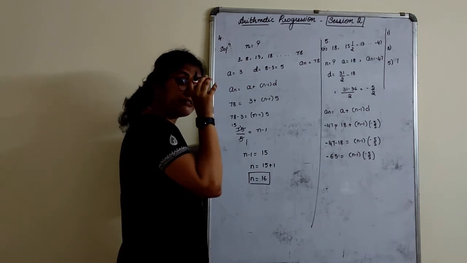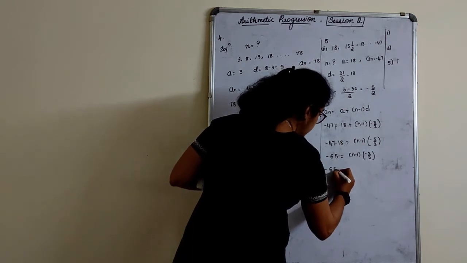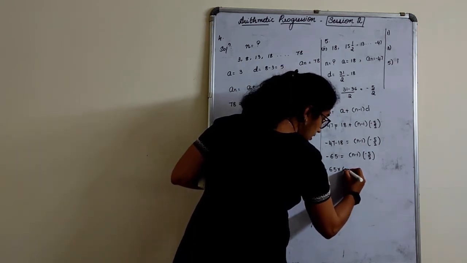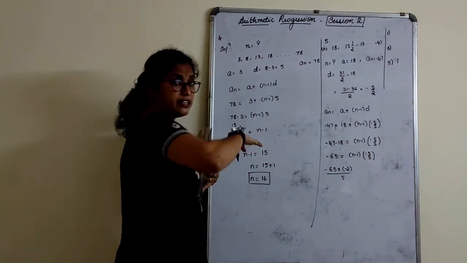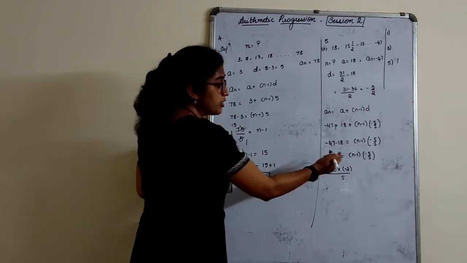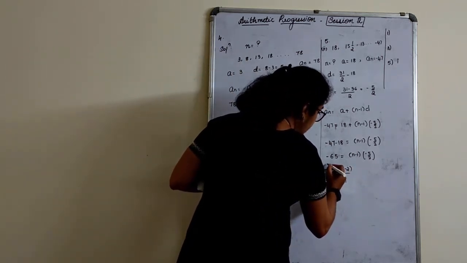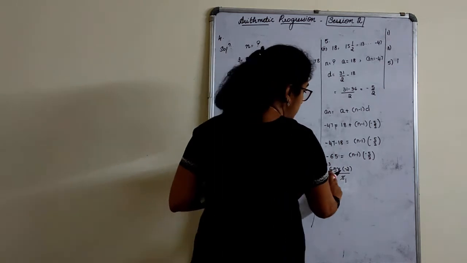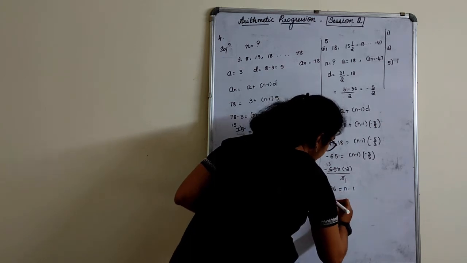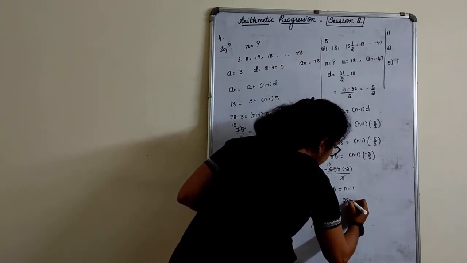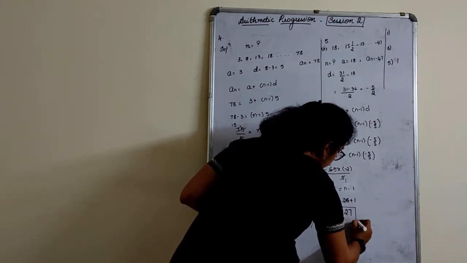Right? We will transpose 5 by 2 this side. The minus is for the number, but that's a multiplication, right? So when you transpose this, you get minus 65 into minus 2 divided by 5. Minus will not transpose to plus. It will only get cross multiplied. 2 gets multiplied here and 5 gets divided here. 5 ones are 5, 5 thirteens are 65. Minus into minus plus, 13 twos are 26 is equal to n minus 1, where n is equal to 26 plus 1 and n is equal to 27.